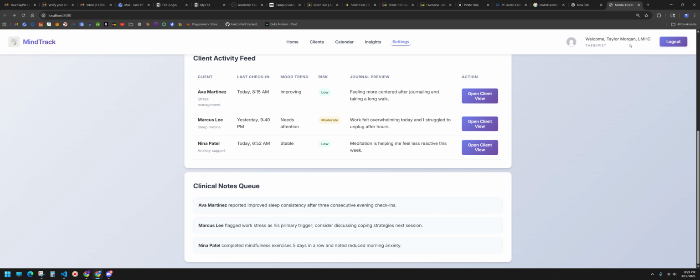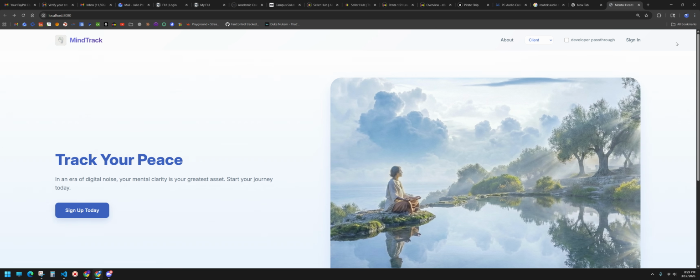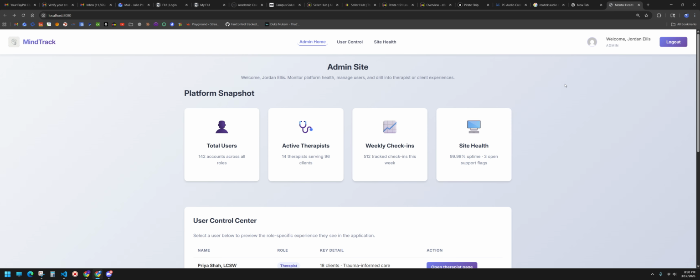Right now I'm logged in as a therapist. If I log in as a client, I'll only see the site that we have. The therapist only sees the other site that I just showed you. And if you log in as an admin, and I'm clicking developer pass-through so I don't have to do the authorization, because that already works.